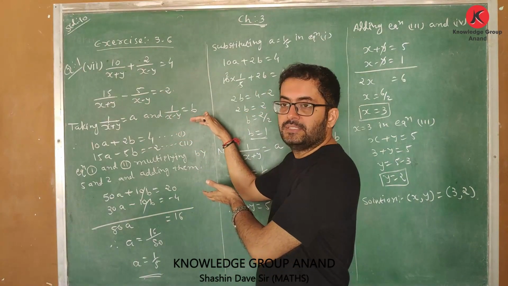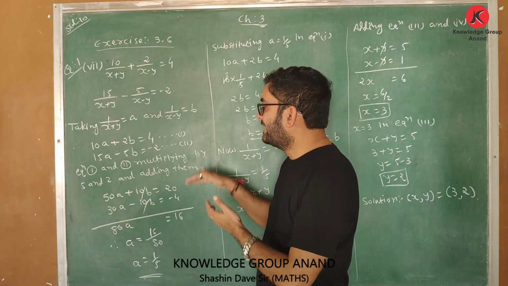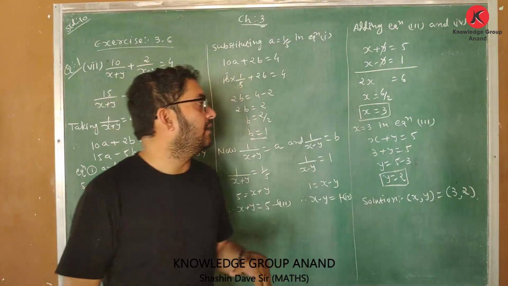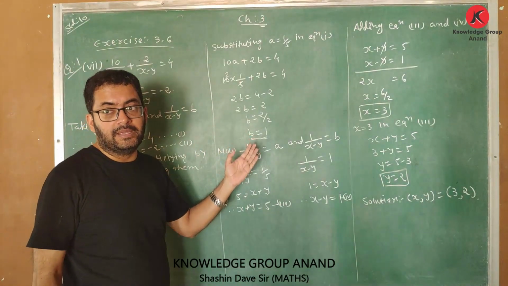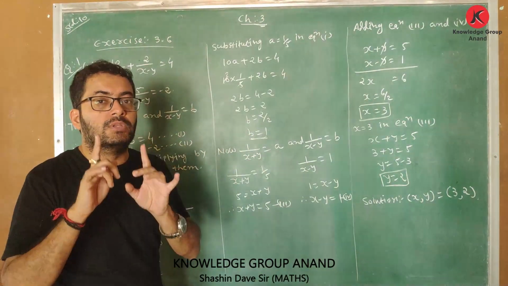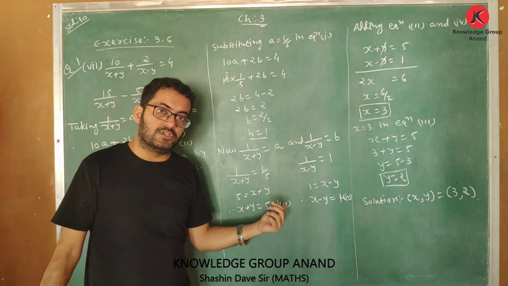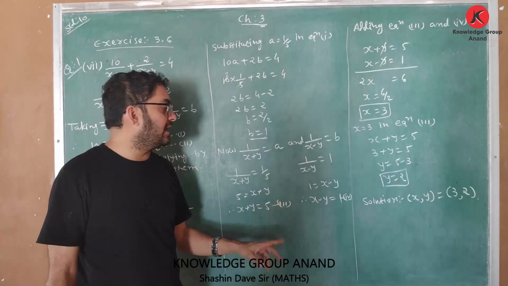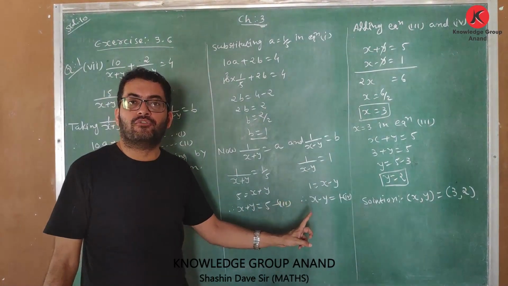After getting the equation in simpler form, we will carry out elimination and get the value of a. After getting the value of a, we put that value in any equation and get the value of b. Now from here, we will go to the assumption part. When we go to the assumption part, we will get two more equations. Those equations are named equation 3 and 4.